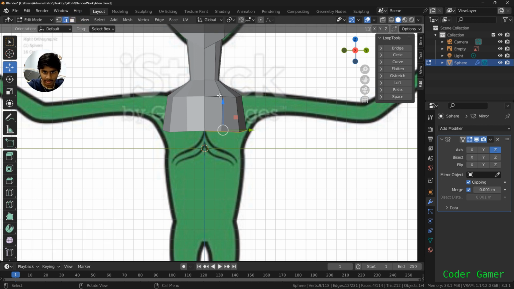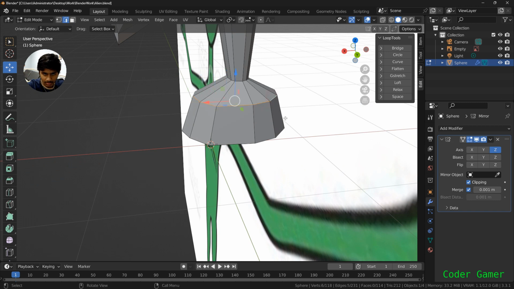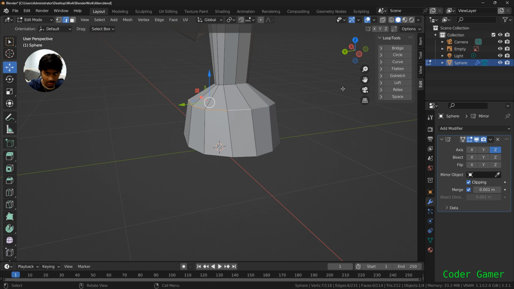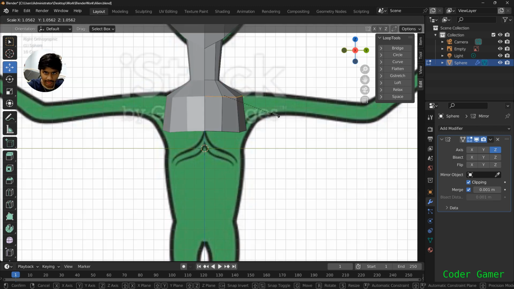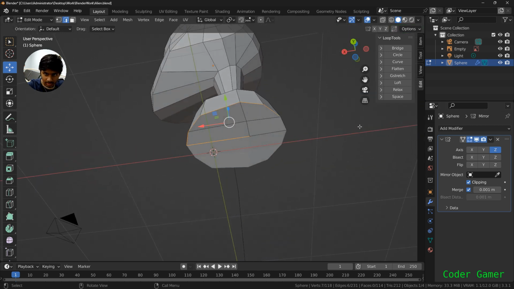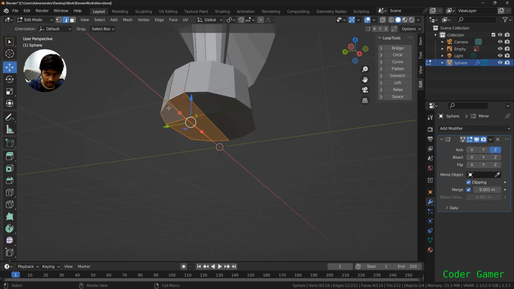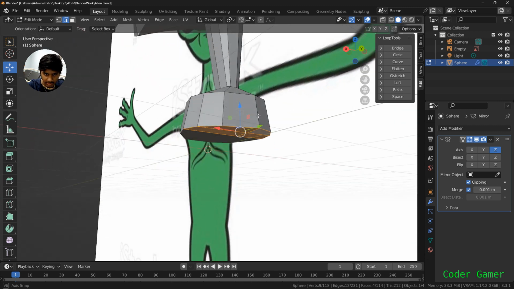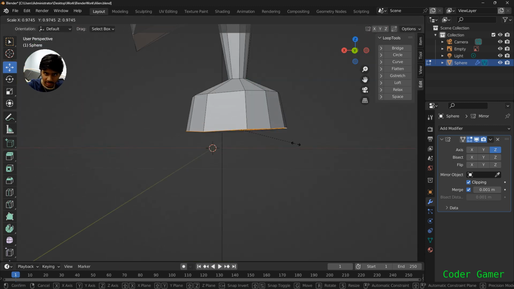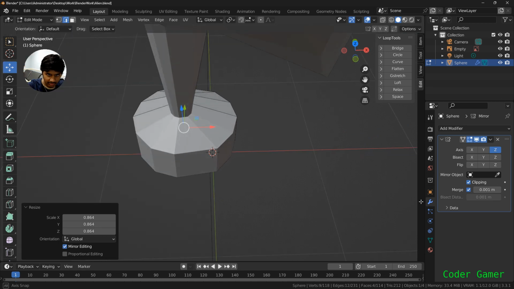And we are going to take these, and we're also going to scale this a bit. We also do want to make this. I want to take the bottom section and I'm just going to scale that in. So now that we have that,